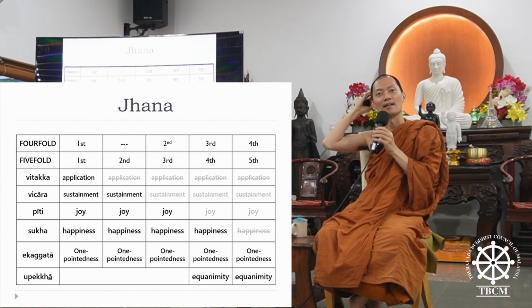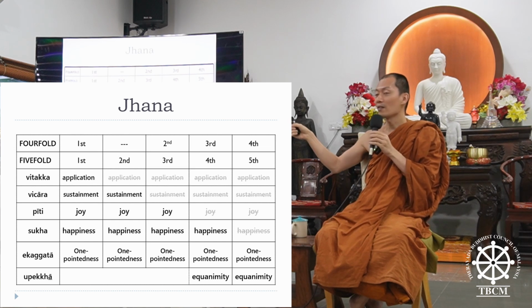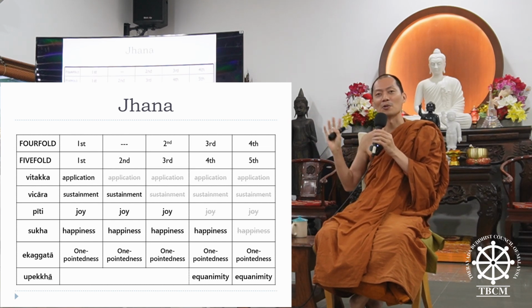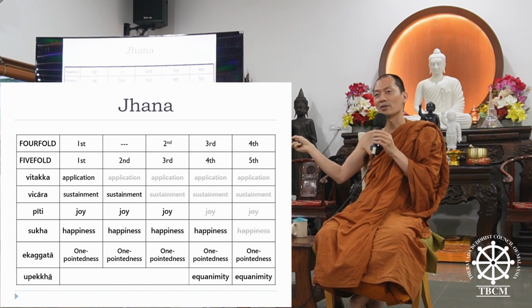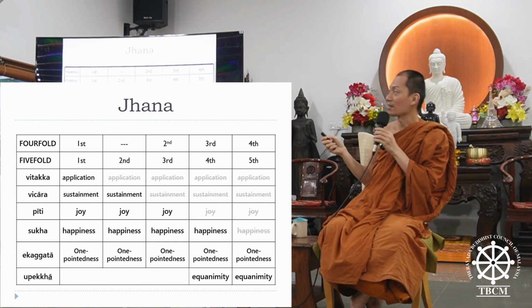Some scholars, maybe long ago, think that initial and sustained thinking is to think of the meditation object, like the breath. They believe that watching the breath is initial and sustained thinking. Then once you go to the second level, you don't need to watch the breath anymore. That's their opinion. But of course, if you look at the sutta earlier, every level of concentration needs you to watch the in and out breathing. So we are going to ignore those scholars' opinion.